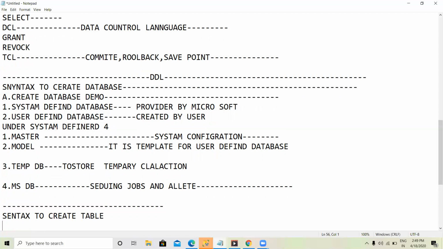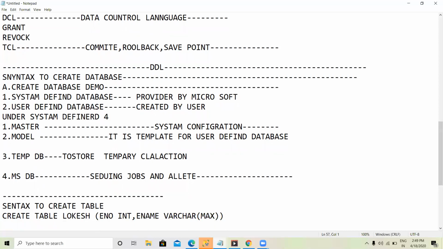Create table, then the table name. Now column name: eno integer. Then ename. Name means which data type you want to use. Varchar, and we have to give a maximum size. Okay, it is a simple syntax to create a table.